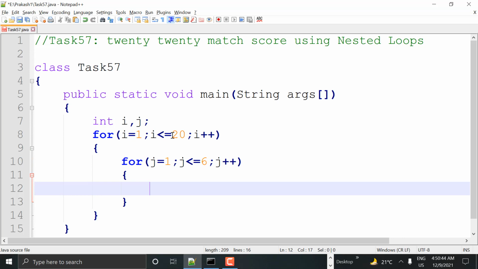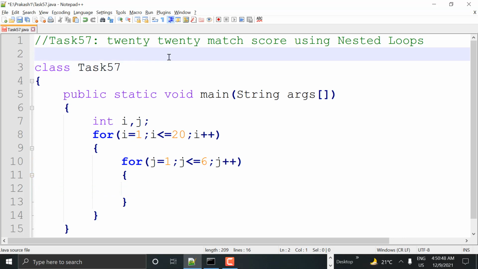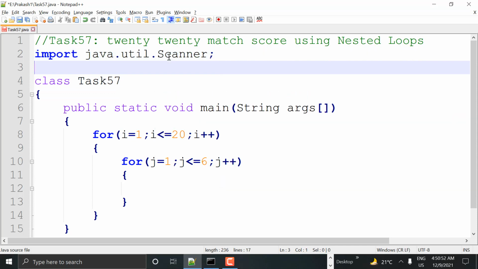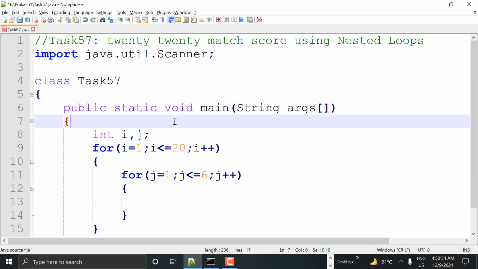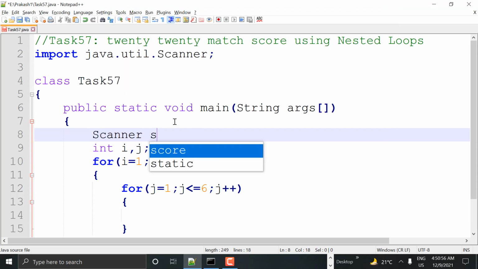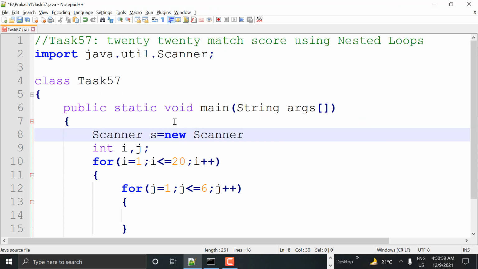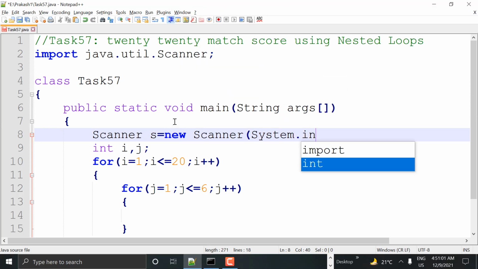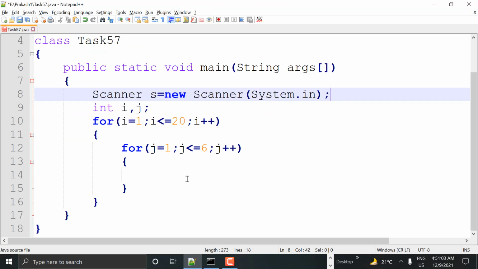Since I want to accept input at runtime, I'm importing the Scanner class, guys. Import java.util.Scanner, and let's create a Scanner object here. Scanner s is equal to new Scanner(System.in). It's ready, and now I'm taking a variable called result.